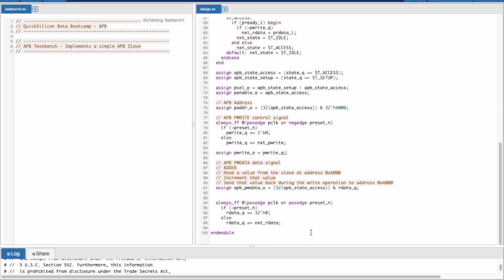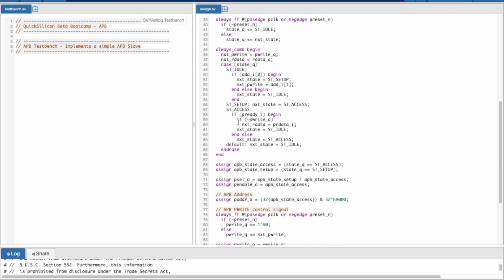Similarly for write data, we capture the read data which was returned whenever we were in the read transaction. How we know that we are in the read transaction is that we first check if we are in the access phase. So this would give us that there is a transaction ongoing. Now if we get ready in the transaction phase, we know that the slave accepted that particular transaction. Now we need to check if that transaction was a read or a write. So we check that by using the pwrite_q signal. If this was equal to 0, then it would mean that it is a read transaction.